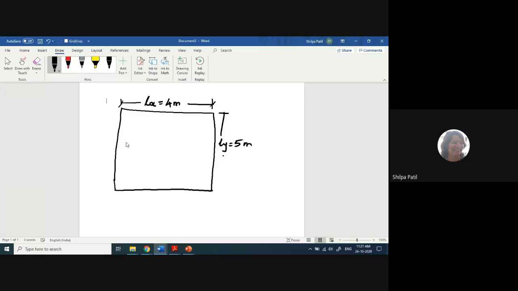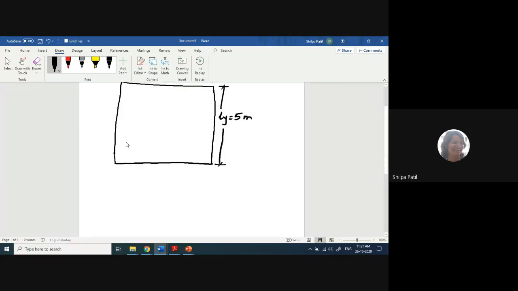Okay, now we are finding the depth along the x direction. So I will consider a cross section along x direction like this. So this is the depth I'm showing here along the x direction. Okay, so this is the dx depth. Now this dx depth, we already know that the effective depth is always calculated at the CG of the steel. So while placing the reinforcement in case of two-way slab, the main reinforcement is always placed along the shorter span initially.